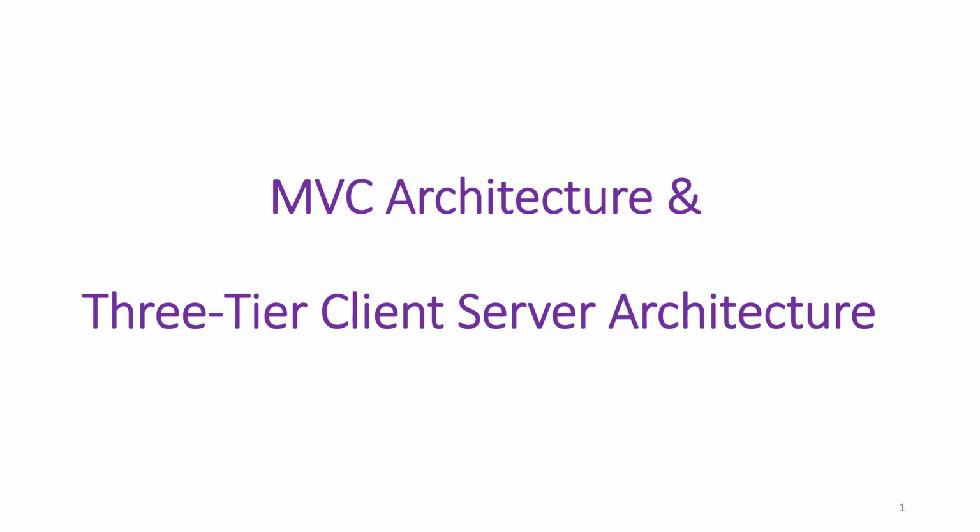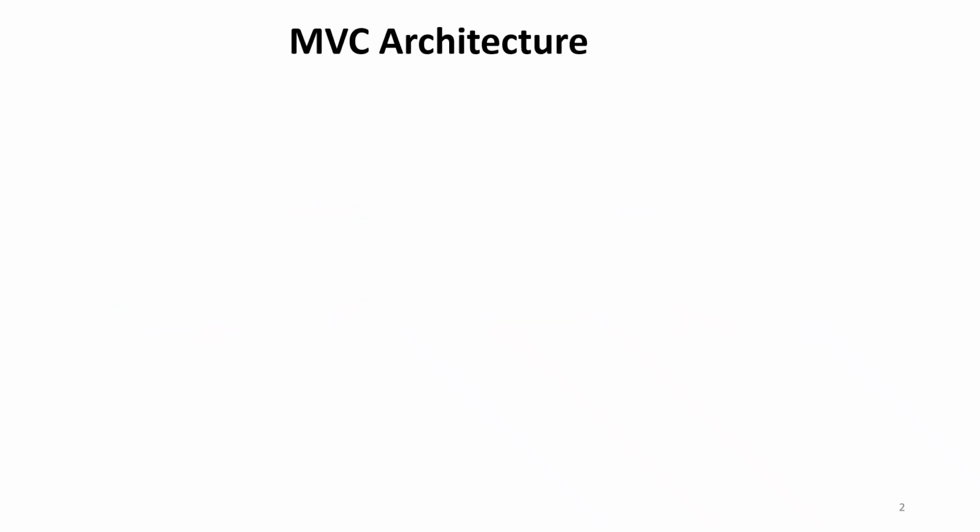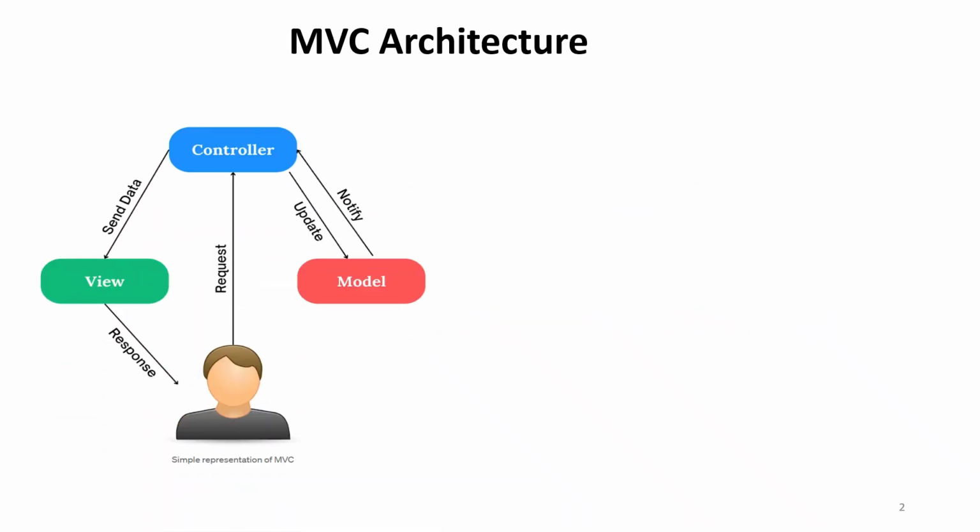So let's see MVC architecture and three-tier client-server architecture. What are the components involved in MVC, and what are the different layers involved in the three-tier client-server architecture? So let's start with MVC architecture. There are three components mainly involved in the MVC architecture: model, the second component is the view, the third component